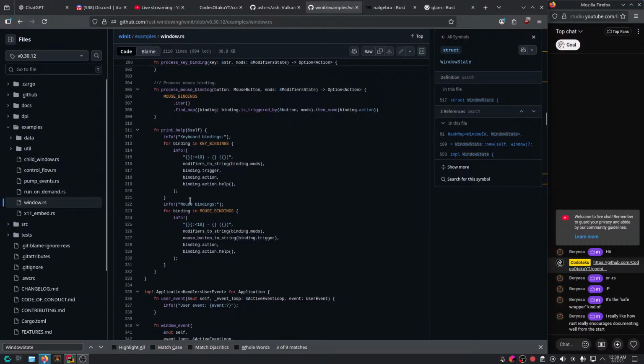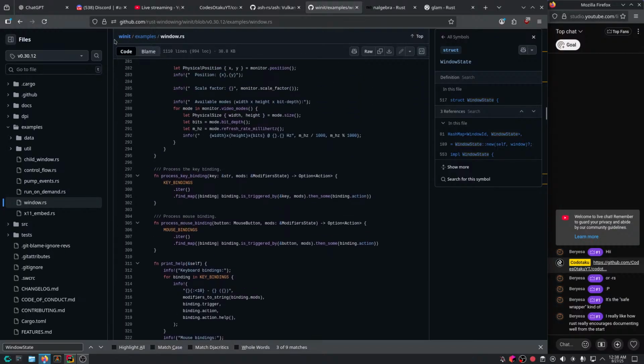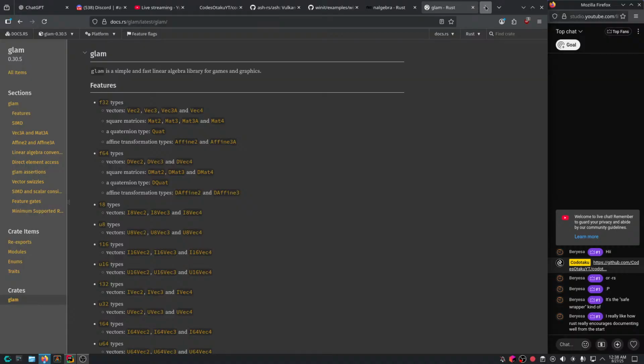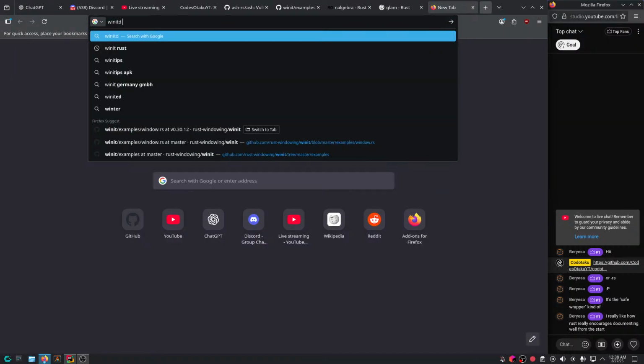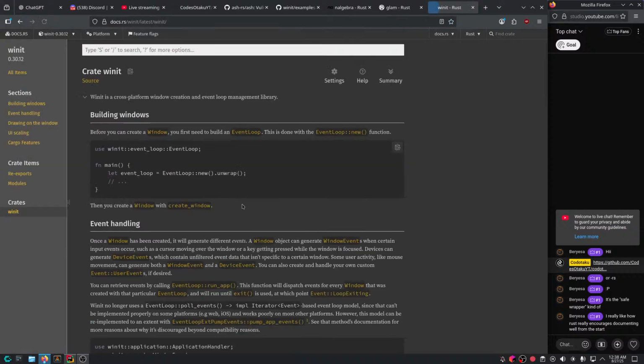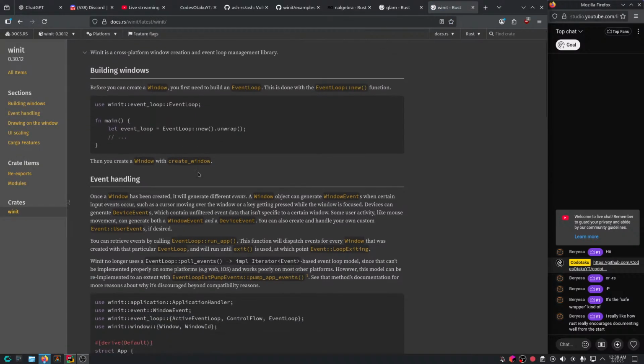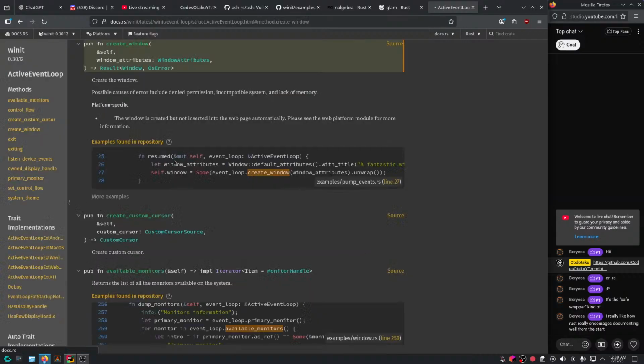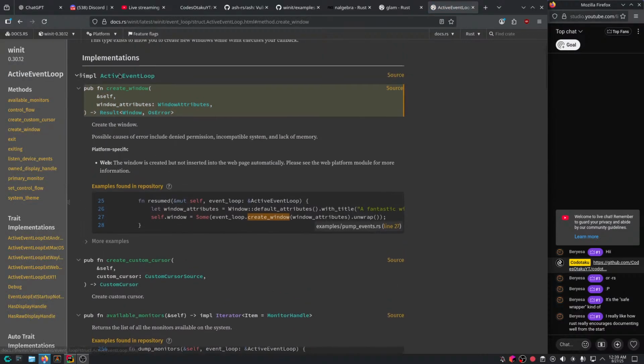Because this is a bit of a complex example, honestly. Let's check out the documentation, because it did change a lot from last time I used it. Then you create a window with create window, where this create window is in the active event loop. But how do I get the active event loop? I get it from the resumed function.